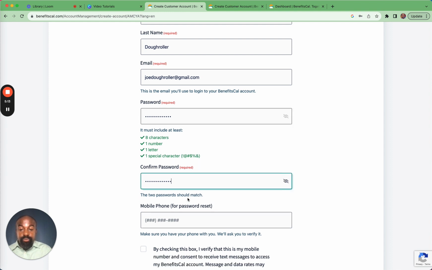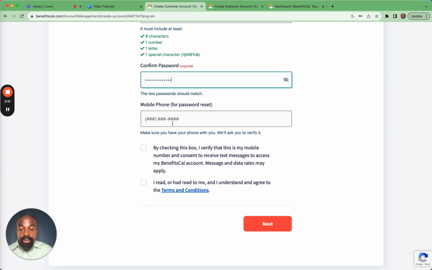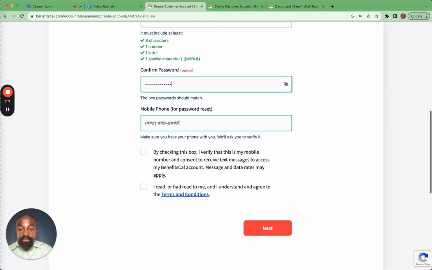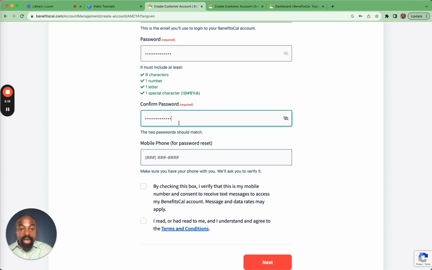So I've entered my 2 passwords, and then make sure that it matches and it meets all the characters. So if it meets the requirements, you will see all the green check marks there. And then you don't have to enter a phone number, but it helps because when you need to reset your password, entering a phone number helps you to be able to get that done very quickly. So I am going to enter a fake phone number,